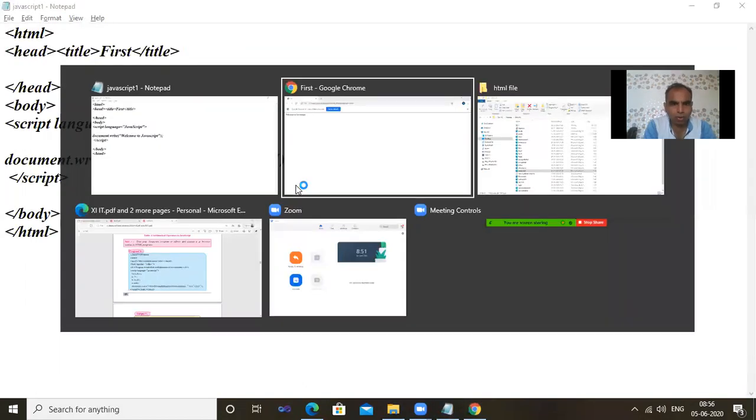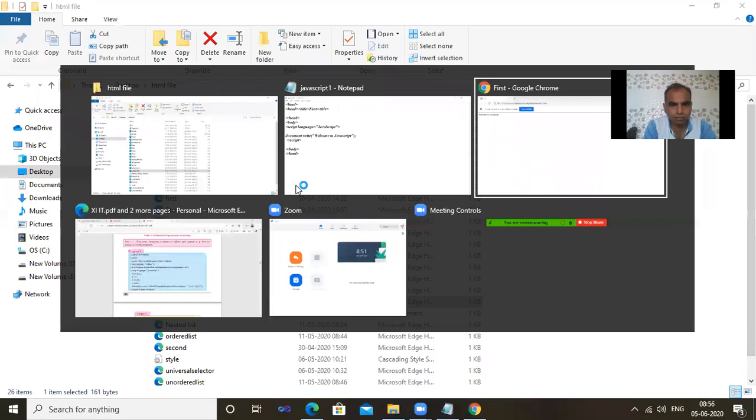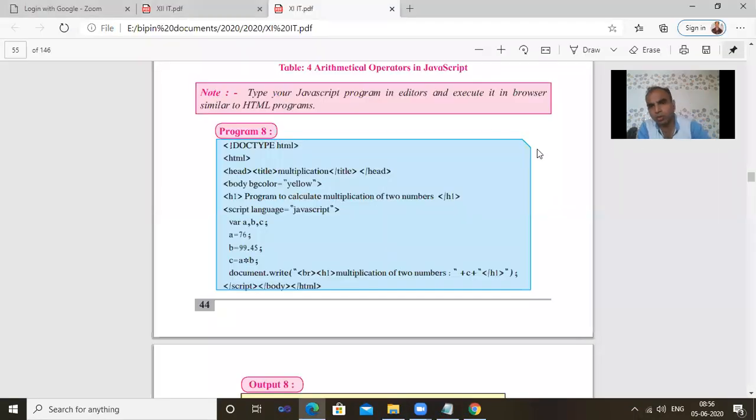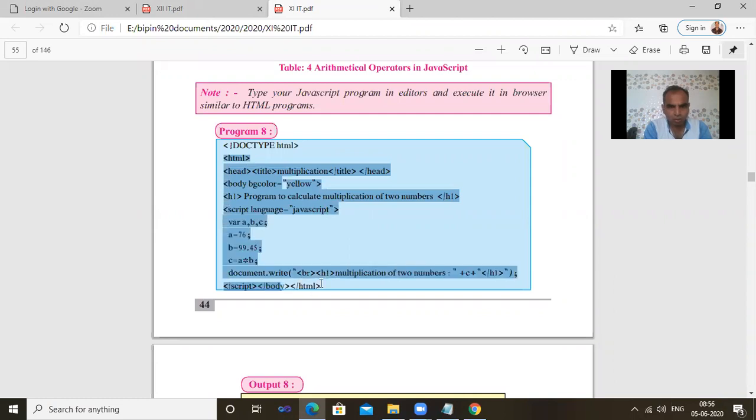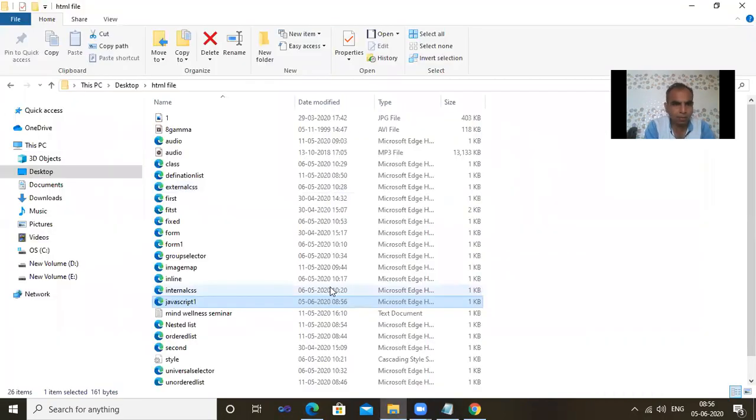Now if you want to do calculations that we cannot do with HTML, we can do any calculation. One example is a multiplication program, so I show you that.